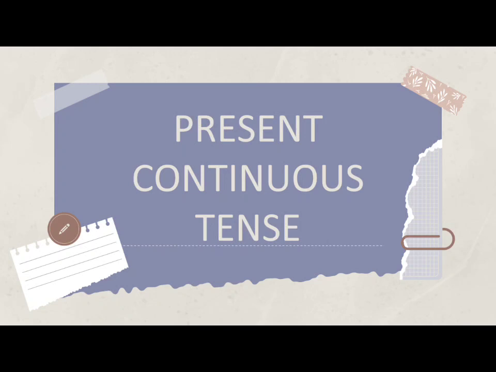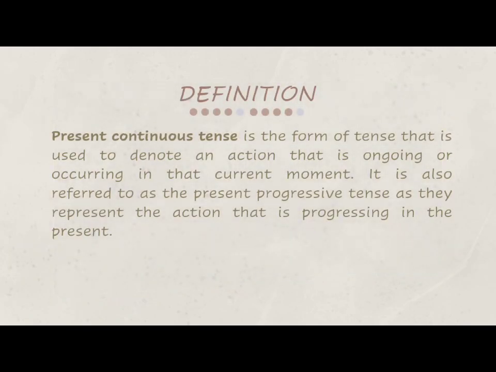Present continuous tense. Definition of present continuous tense. Present continuous tense is a form of tense used to describe activities that are being carried out or taking place